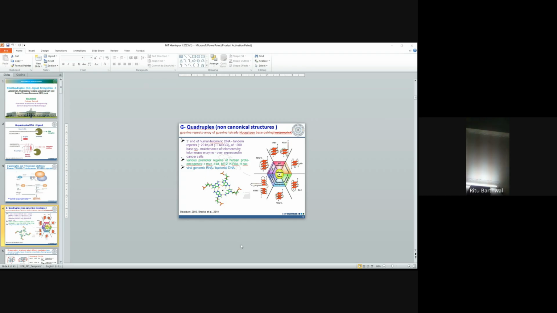These structures have been determined by X-ray or NMR. HTEL 22 is human telomeric, and this is c-KIT DNA. It is one of the oncogenes. It's the promoter of one of the oncogenes. Its NMR structure has been done. These structures, if you see, one thing very typical I have shown here, they require sodium or potassium. The reason is,